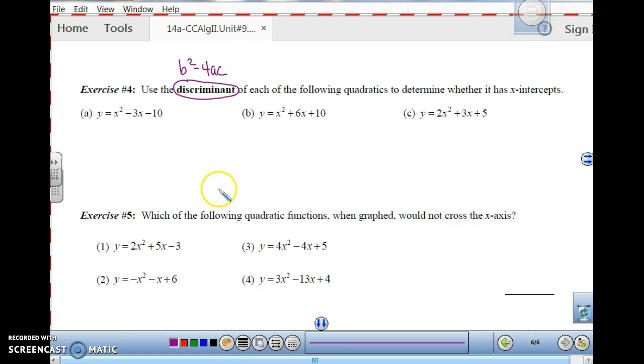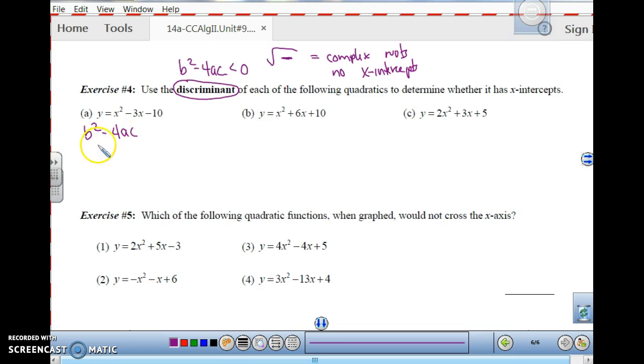Now, when we had complex roots, what kind of numbers did you get underneath the square root? When you did the b squared minus 4ac, how did you know you had complex numbers? Well, if what was under here was negative, that means you're going to have complex roots, and it also means there will be no x-intercepts. So if we can use the discriminant and just figure out b squared minus 4ac without doing the whole quadratic formula, we can know immediately whether or not this is going to cross the x-axis. So let me use b squared minus 4ac. If this turns out to be negative, if it's less than 0, then it will not